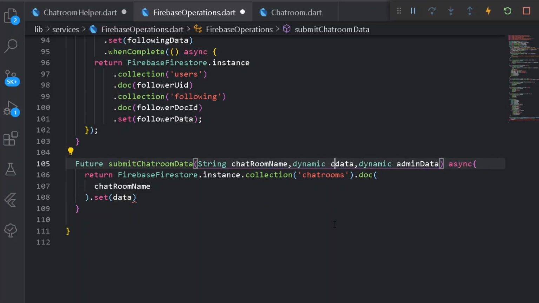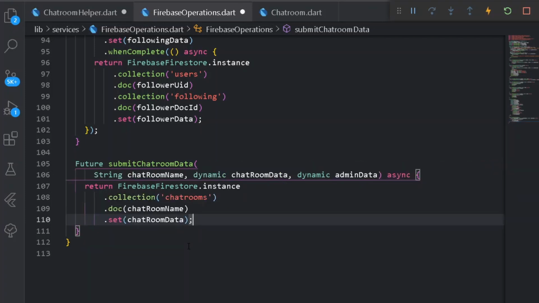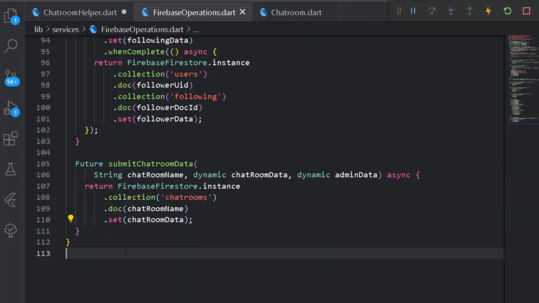So here instead of data I can have chat room data. Let's copy the particular name and paste it here. Cool. So as this is done, format document once. Now we could do one thing, that is instead of using set we could use add, but the benefit of using set is the following: the chat room shall be created only one time, that is we shall not get any identical chat room again and again.